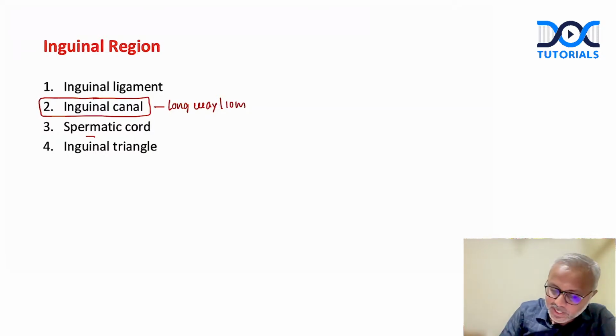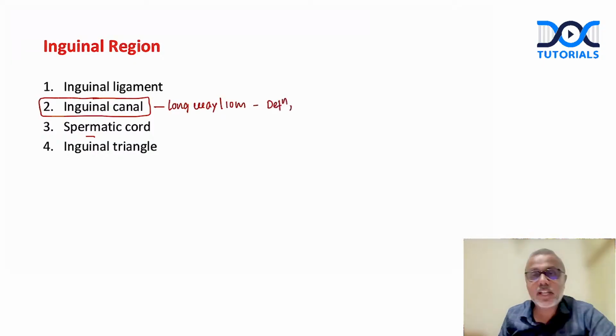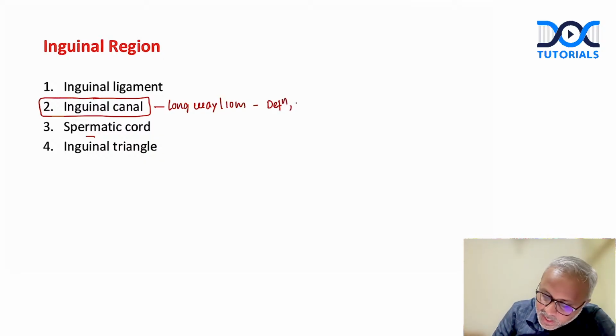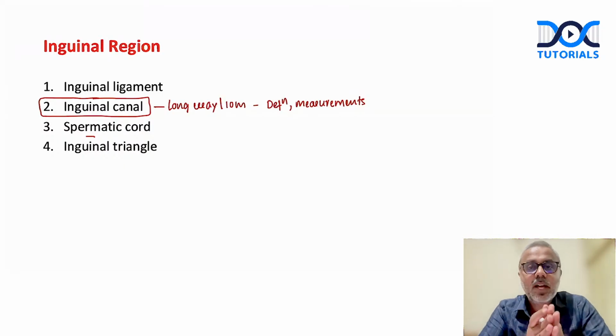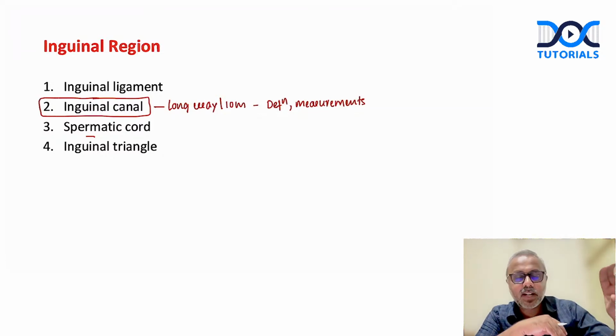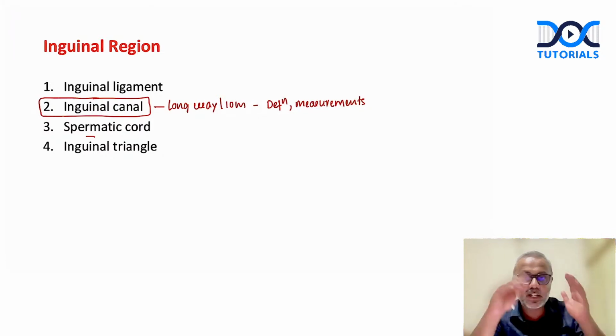But if this is asked as a 10 marker, usually, and if no headings are given, what we need to do is discuss what exactly the inguinal canal is. Then we can talk about the measurements briefly. Some of your examiners or evaluators are obsessed with the length or the size of normal anatomical structures. The inguinal canal is a 4 centimeter intermuscular passage. That 4 centimeter catches the eye of the examiner.